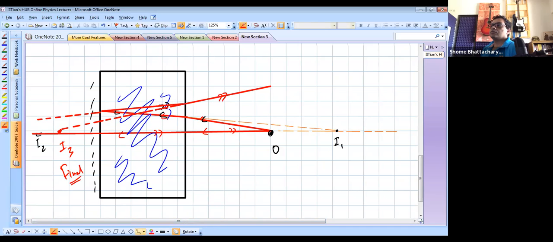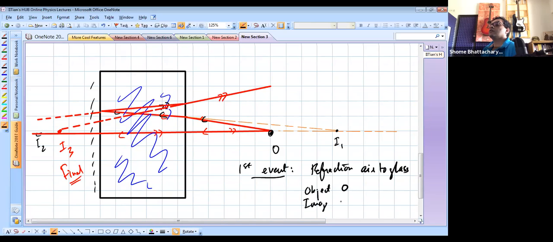So now we have to start using the various formulae. So the first event is refraction from air to glass. For that the object is O and the image is I1. From inside the glass, this refracted ray appears to be coming from I1. So if I name this point P over here,